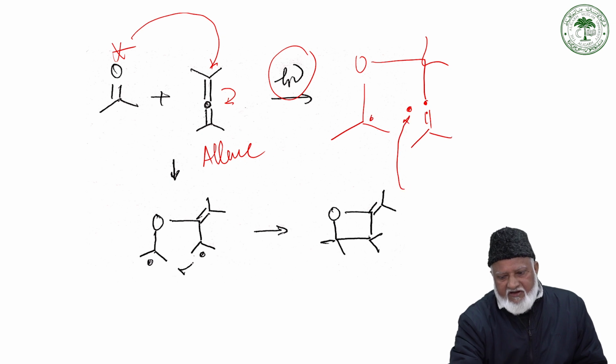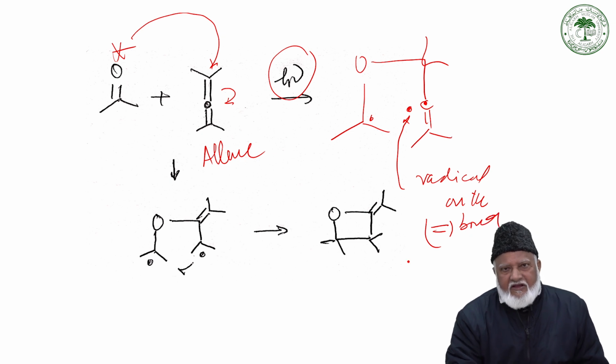So this is a radical on the double bond, and we have already seen in the case of Norrish type 1 of alicyclic ketone, the